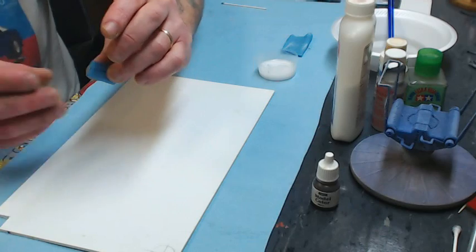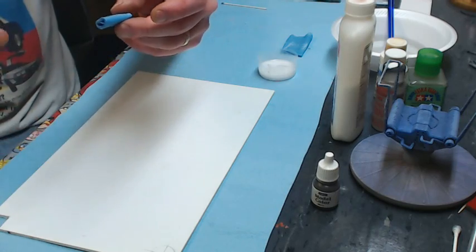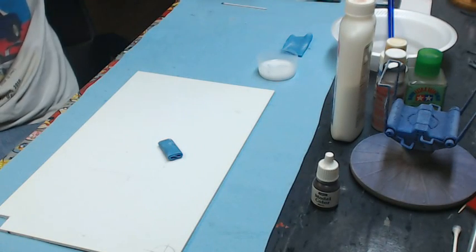Or at this stage, you can actually grab a hold of it and squeeze it a little bit, and that'll make it a little bit rounder. But basically, that's all there is to it. Once you get it to this point, you can kind of play with it. Another little trick you can do to it